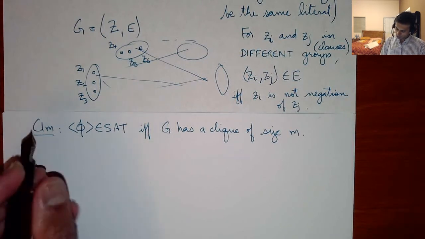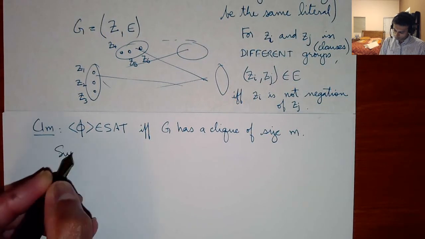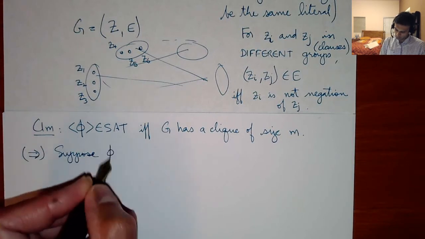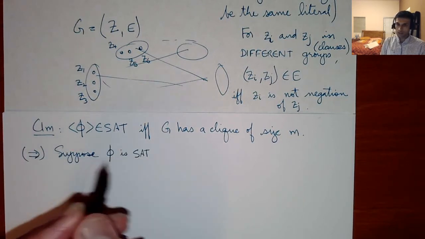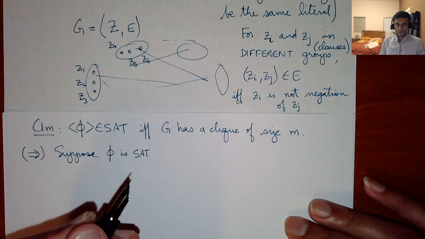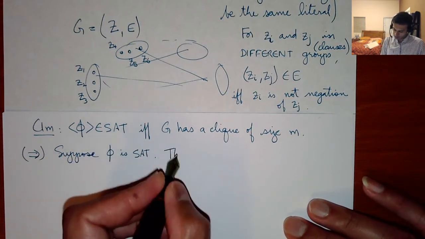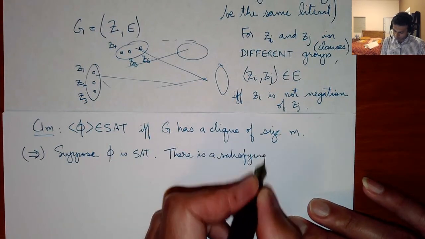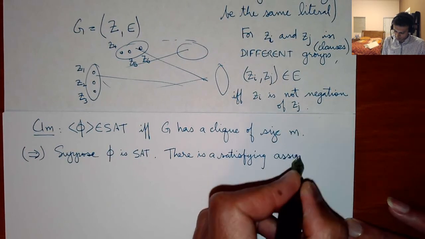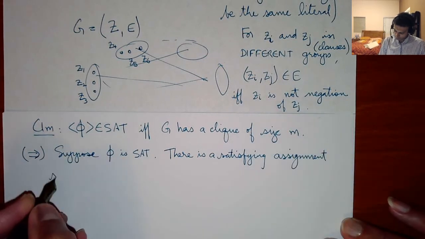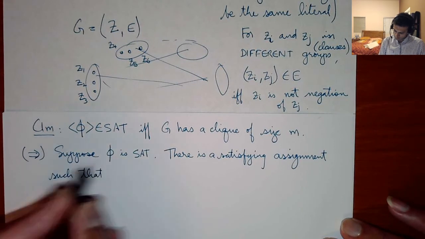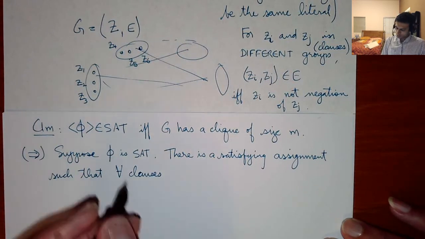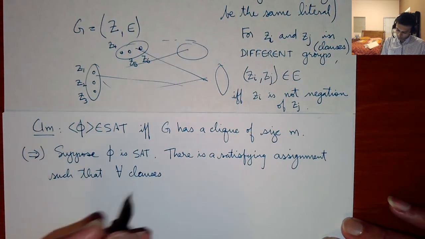So let's start from the easy side. Let's prove one side, which is the if part. Suppose phi is satisfiable. So there is a satisfying assignment such that for all clauses,